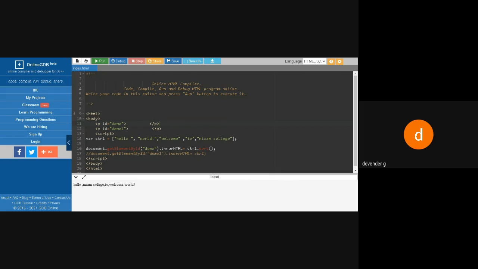That's why welcome comes first, then world second. So this is how sorting works. We are not writing any logic for the sorting. The system automatically takes care of this.